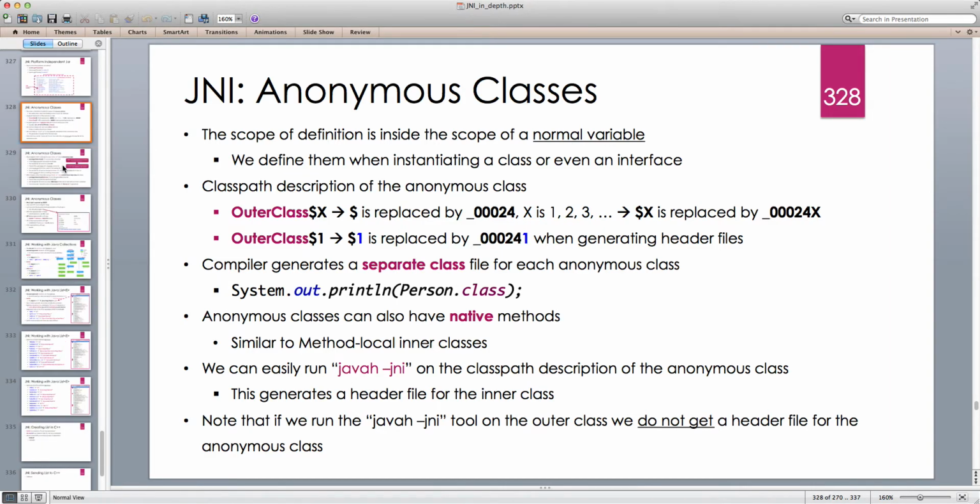So far we've looked at working with inner classes: a regular inner class, a static inner class, and a method local inner class. And when we looked at the method local inner classes, we said that these are very similar to anonymous classes. But the difference was that for the method local inner class,